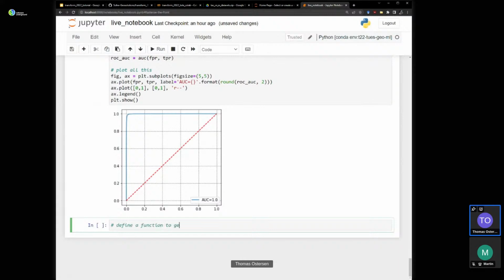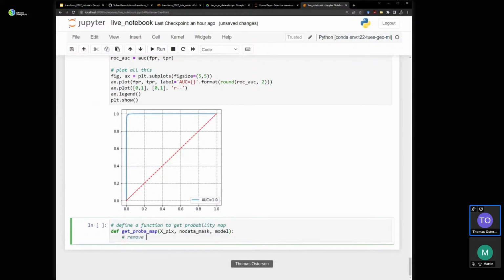Define get_proba_map. So we'll take the X_pix array, which is the 2D array that still includes the nulls, the no_data_mask, which is a raster with the no data Boolean mask, and give it a model.